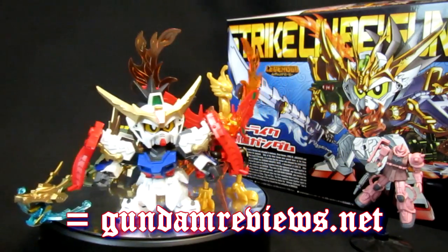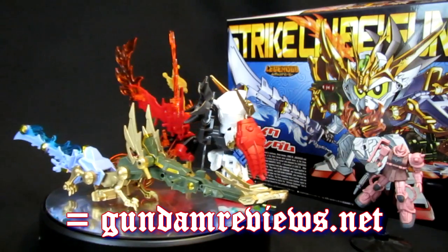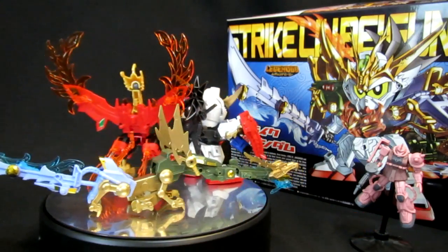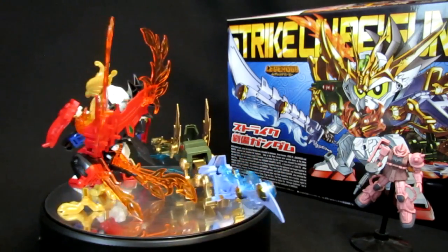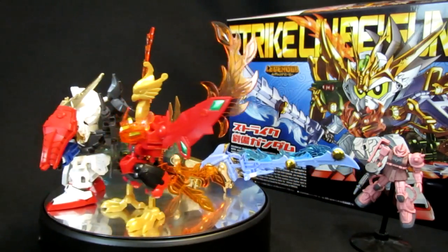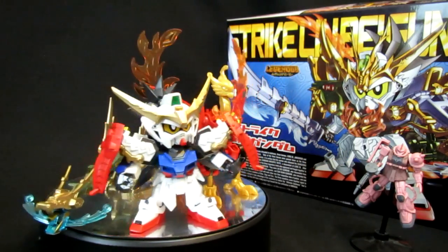I'm loving this SD Strike Ryubi, or Liu Bei Gundam, so far. From the unbox and all the colors to just the actual Strike Gundam when he's put together there. Light armor form, a little dull, but look at that. So you don't need a Ziploc. You've got two mythological beasts there that you can turn all the striker packs into. But now it's time to get them off those animals and actually onto the body to see him in his